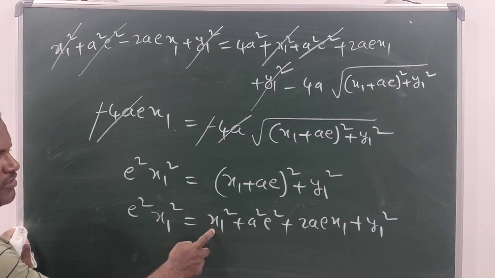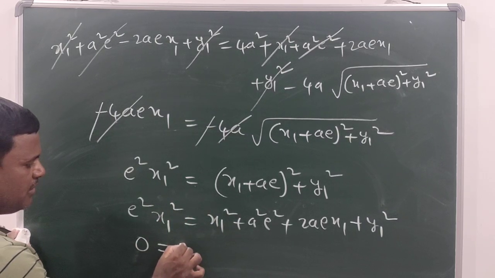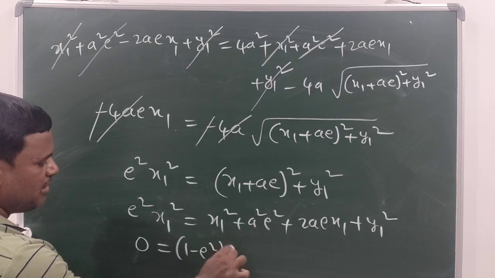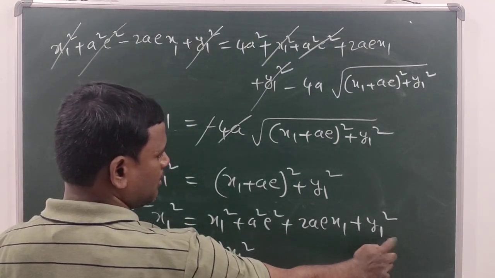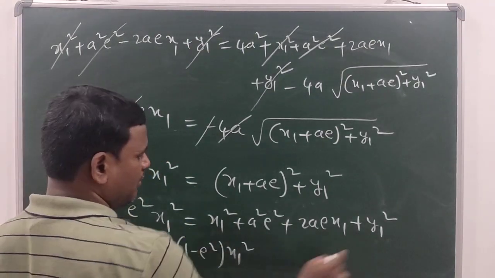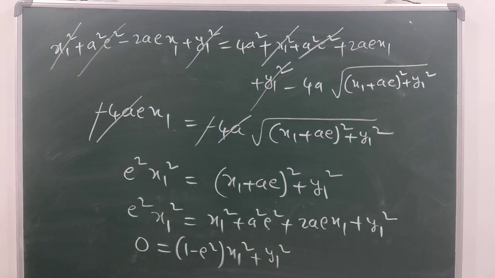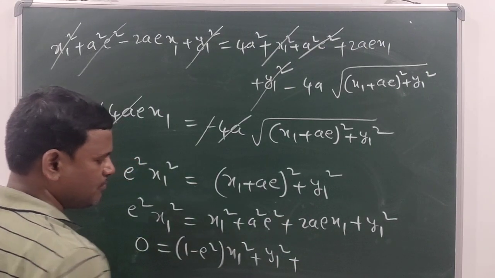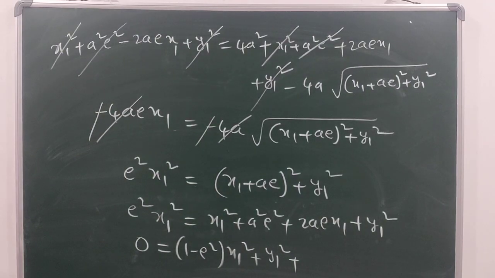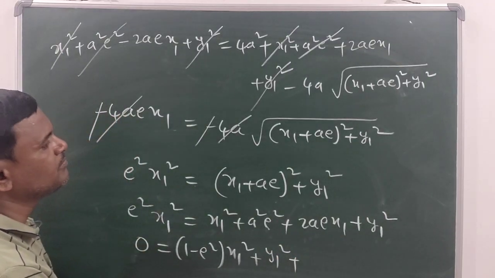So if you take this x1, otherwise shift this one to the right side. What do we get? Which is equal to, when you take this one left side, 1 minus e square x1 square, and here y1 square. So from these two, what do we take common? AE common. When you take AE common here,